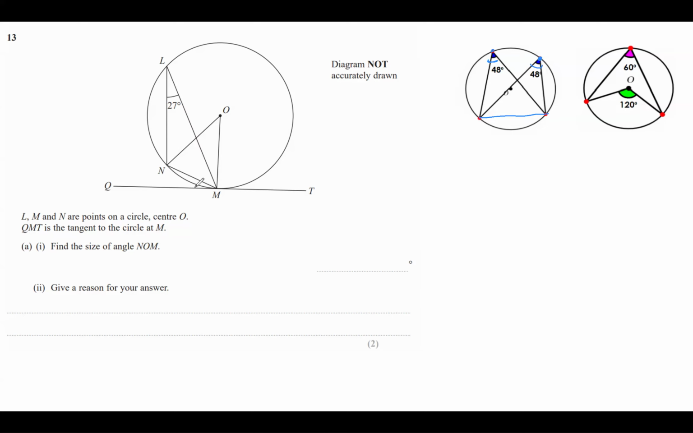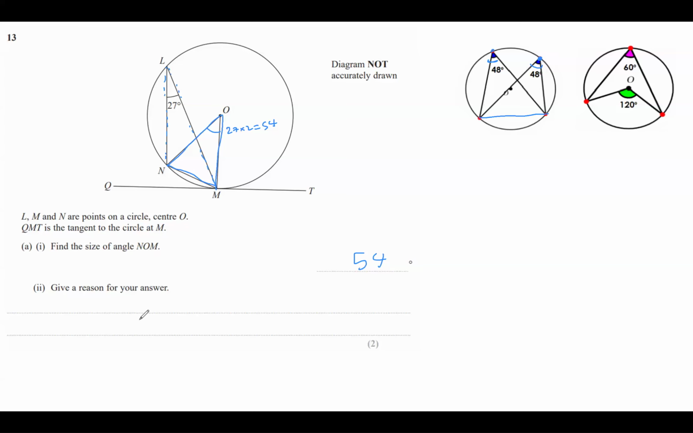Well, if you think about it, this is our angle. So if this is our chord, we're creating an angle at the center. Now from that same chord, we are creating an angle at the circumference. So this angle is going to be 27 times 2, which is 54. So when it says find the size of angle NOM, we can say it's 54 degrees, and it says give